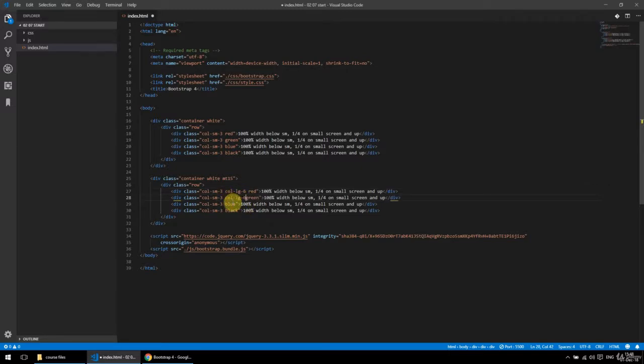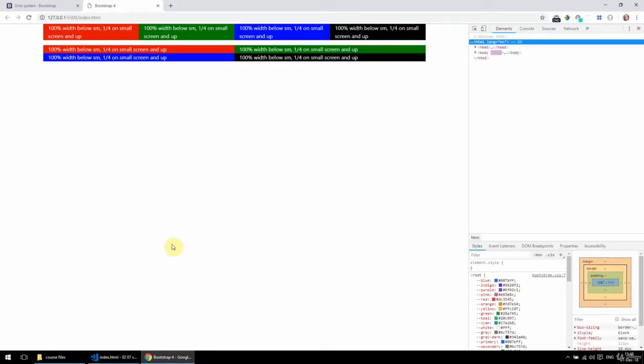So col-lg-6 and col-lg-6 here and col-lg-6 here. So lg, and you can see here now each one takes up, there's actually 2 columns in a row, that is, since there are 4 divs, it's 2.